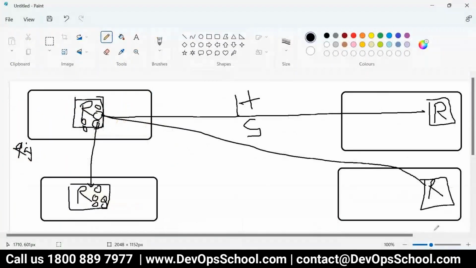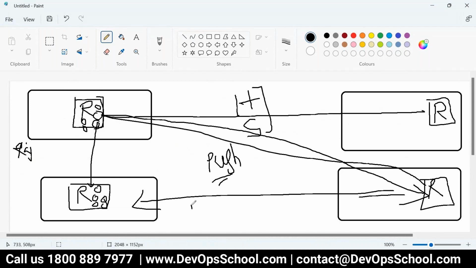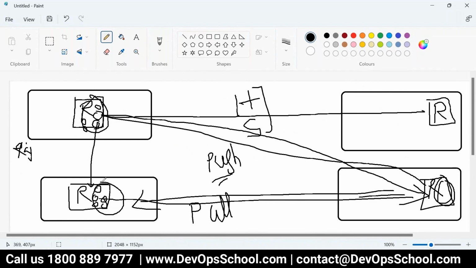So when we send these objects to a repository using these two protocols, we call it push. I'm pushing my commit to your repository. But if you say, hey, I will pull, so you want to take it from here, that is called the pulling functionality, push and pull. Push means whatever objects you have here also appear there. Pull means whatever objects you have there, you get here also. Are you understanding all this concept?